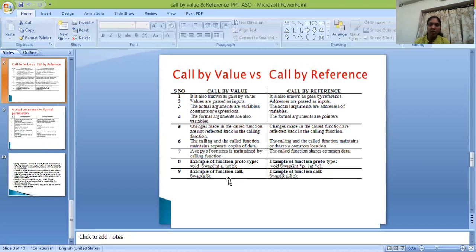Here are the examples of call by value and call by reference. Here I can take just input a and b, void swap (int a, int b), swap a and b. So this is call by value. But here I can use star p, star q, indirect operators, and here addresses. So this is the example of call by reference.